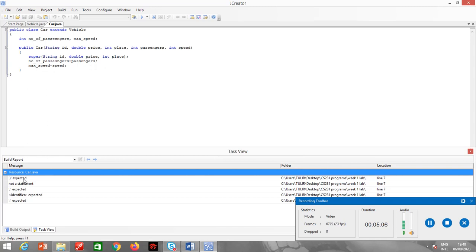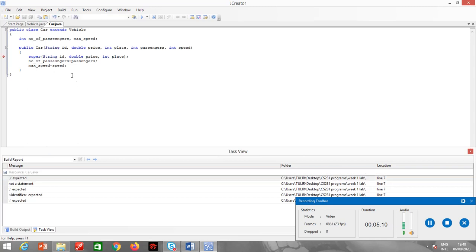Where do I have the error? I don't have to use this.